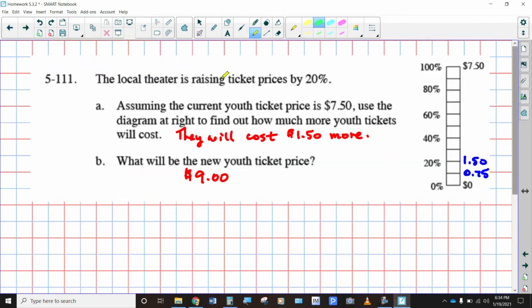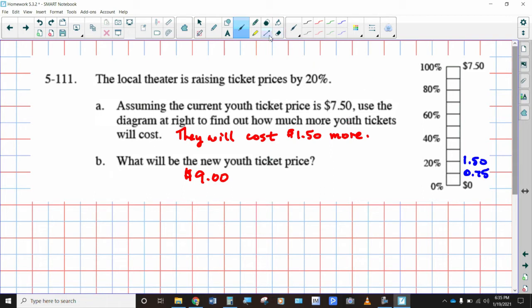The local theater is raising ticket prices by 20%. Assuming the current youth ticket price is $7.50, use the diagram at the right to find out how much more youth tickets will cost. All right, so